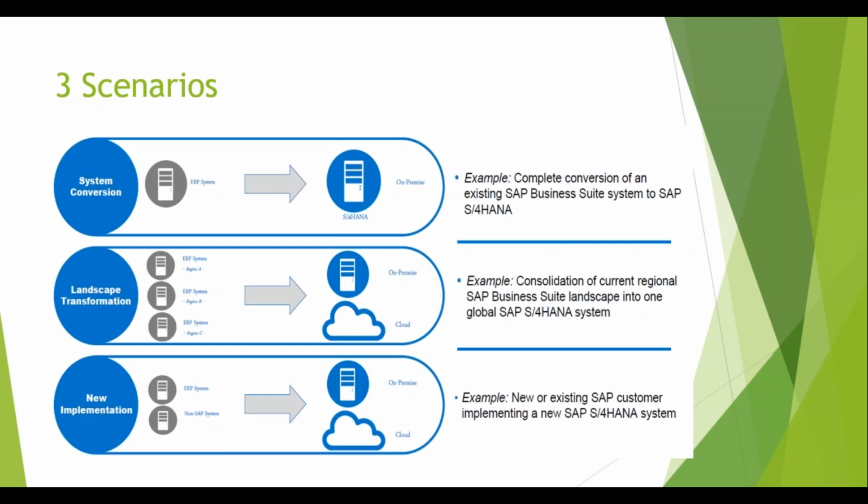That is the reason landscape transformation is an option which will allow you to make use of SAP S4HANA instantly by replicating the data from your current ERP systems to SAP S4HANA. Now, this is like a new implementation. The system that you are implementing is a new implementation. Only thing is, in case of new implementation, you are completely discarding these servers, so you'll be doing all your transactions in this new system. But in case of landscape transformation, you are implementing a new system in parallel to already existing